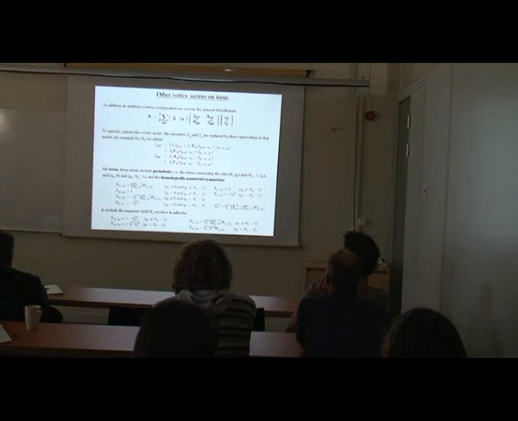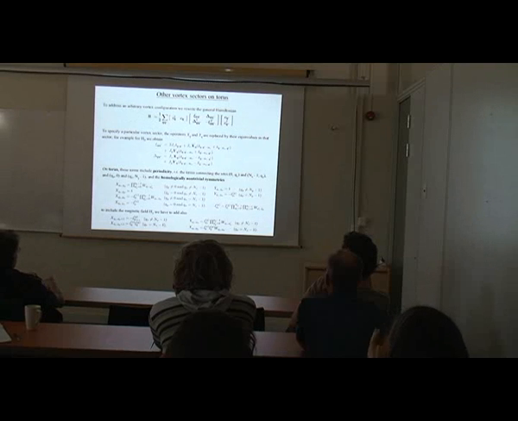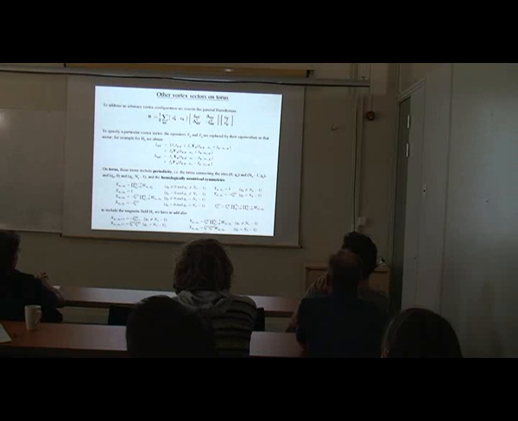So how can we use this methodology? We may want to look at other vortex sectors on the torus. To address an arbitrary vortex configuration, we can rewrite the general Hamiltonian into this quadratic form. We can specify a particular vortex sector by using the operators xq and yq, which we have heard about before. And on the torus, we also have to include the periodicity and particularly the homologically non-trivial symmetry, which also enters into these x and y operators.